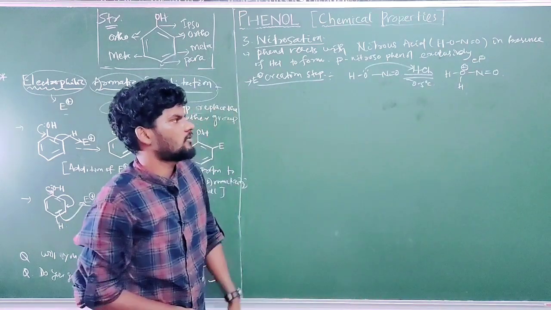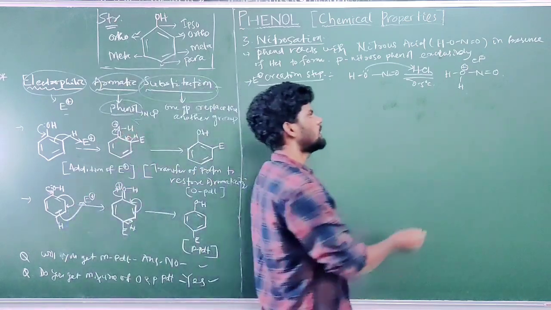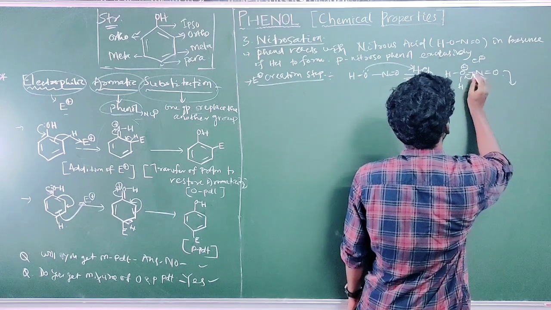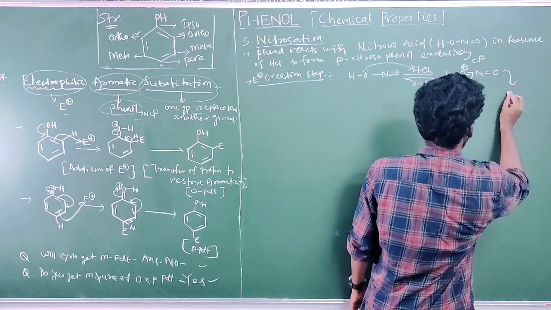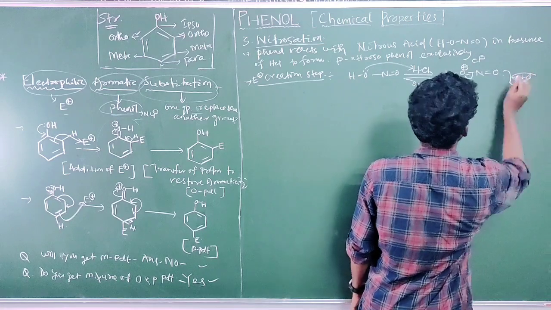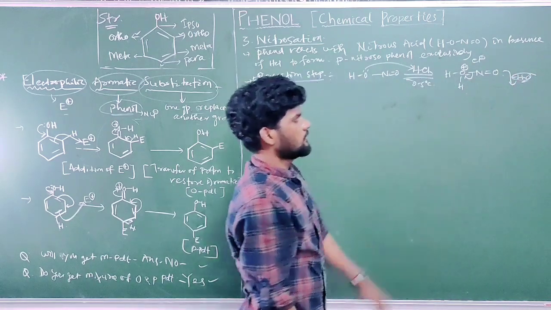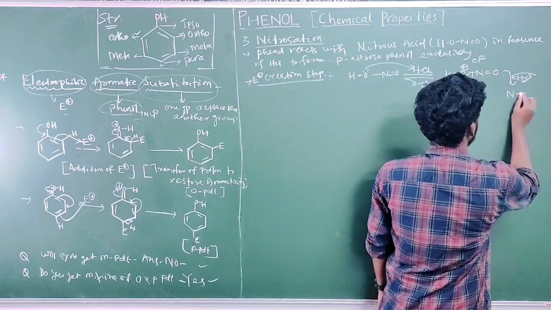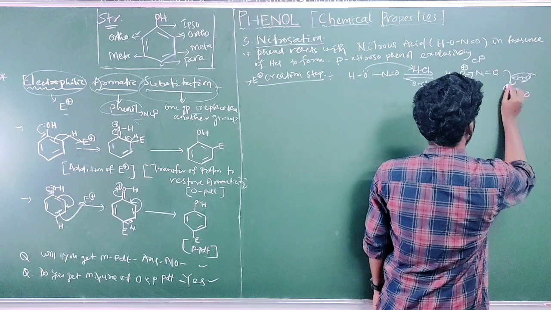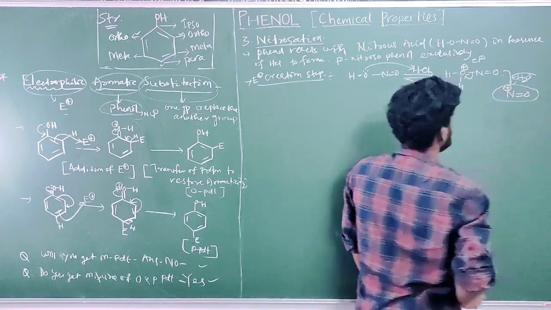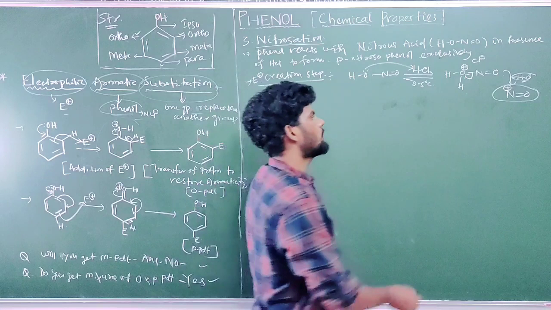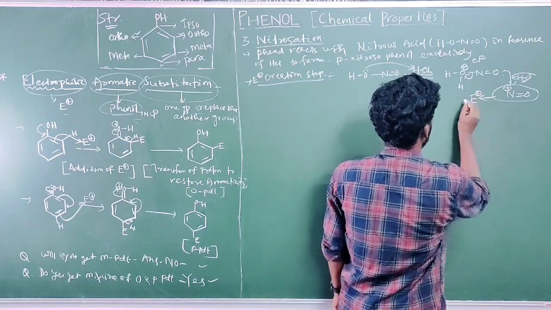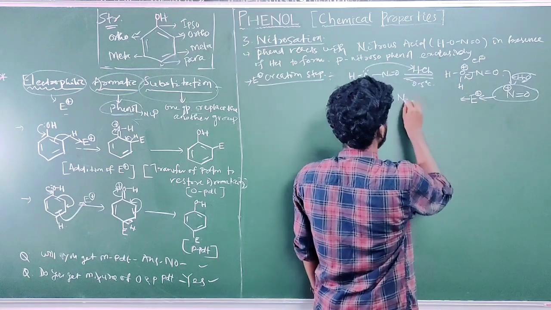In the next step what will happen? Similar step, the water group leaves, this bond moves over to the oxygen to neutralize, minus water loss. Then what will form? The one positive charge is now formed at the nitrogen atom, NO plus. This NO plus is the nitrosonium ion. It is the electrophile here. Its name is nitrosonium ion.